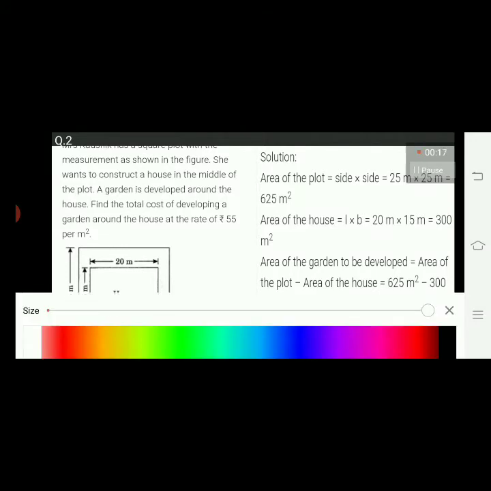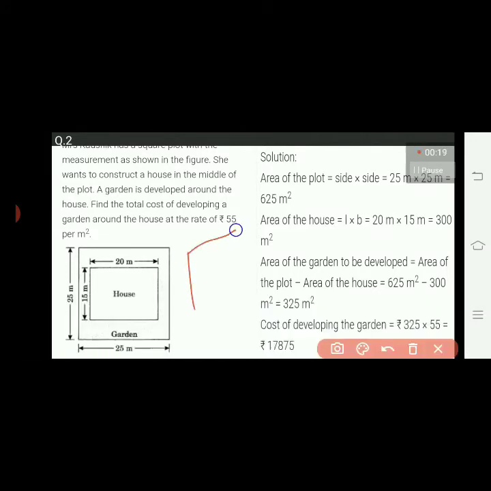Okay, if you can observe, if this will be the field, ये पूरा उसका एक plot है. इस plot में she wants to build a house here. ठीक है, she wants to build a house over here in this area. So here you can see the zigzag lines. She wants to put a garden in that zigzag line, so they are asking what will be the cost of putting the